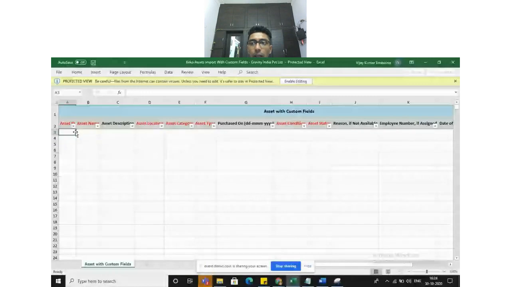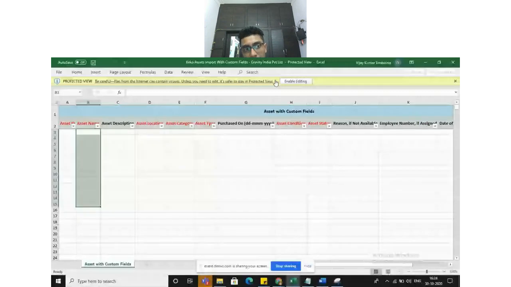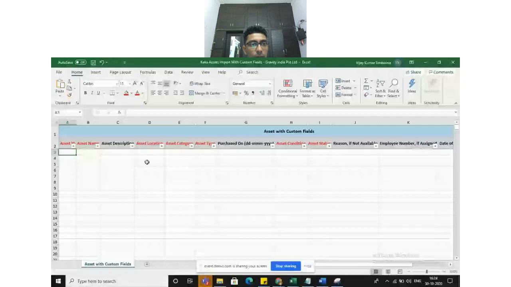See here, in bulk, for all the asset categories and asset types, you can start defining their asset IDs, asset names, asset description, and asset location.